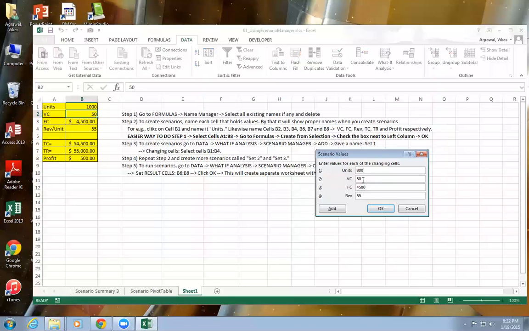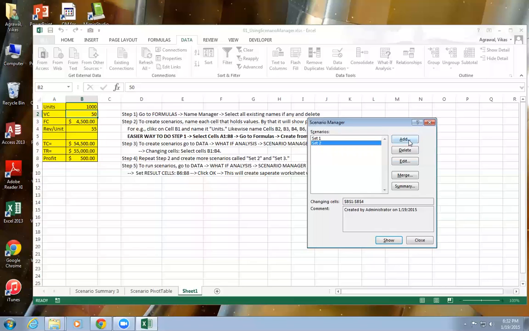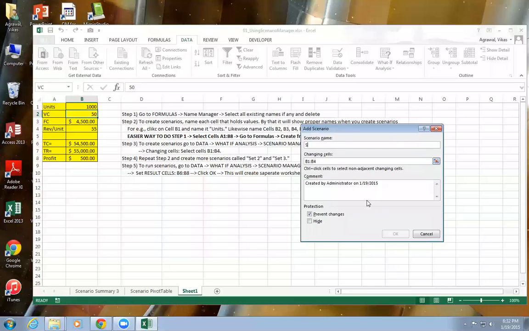I will leave the variable cost as 50, but I will increase the fixed cost to 5,000 and revenue to 60. So you can create many different scenarios like that, whatever you might be interested in. Let's add one more scenario here. Add set. You can have as many scenarios as you want.